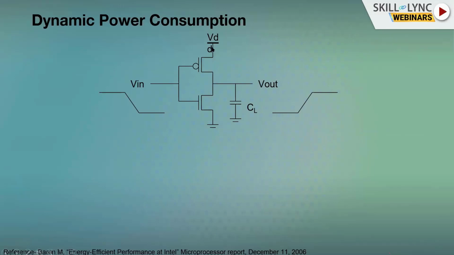The source of the circuit will be connected to VDD, and this is the gate, which is connected to the V input pin, and the drain is connected to V out. The drain of the other transistor is also connected to V out here, and the source is connected to ground here. This is a ground indication, and there is some effective capacitance called C load, which is also grounded. This is a PMOS circuitry, which has a bubble indication. That is the difference between your NMOS circuitry and PMOS circuitry.